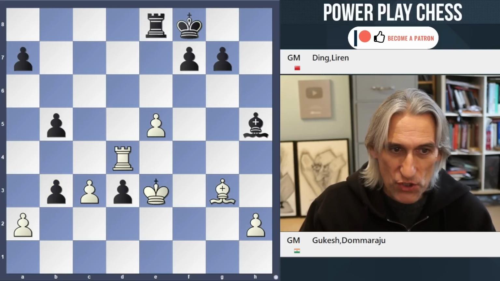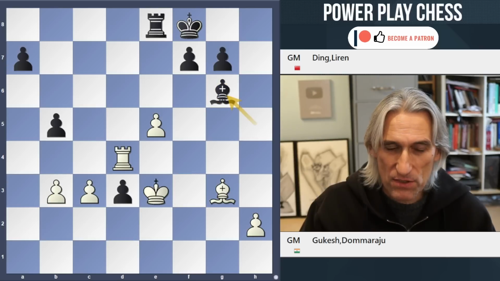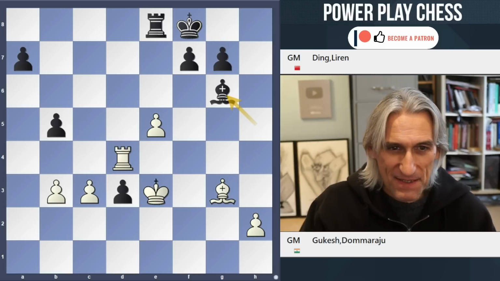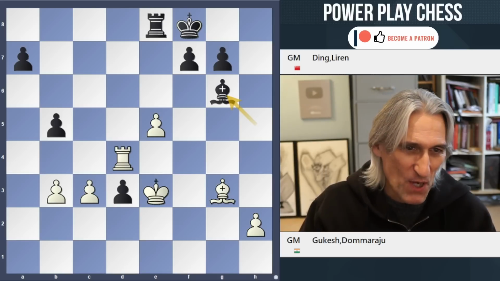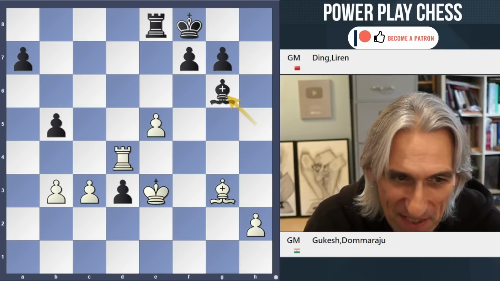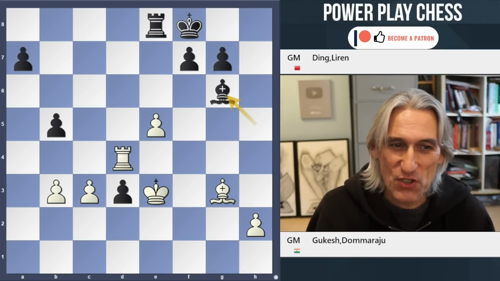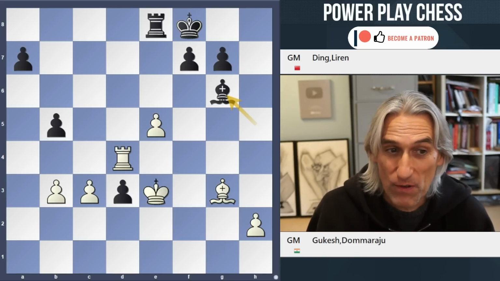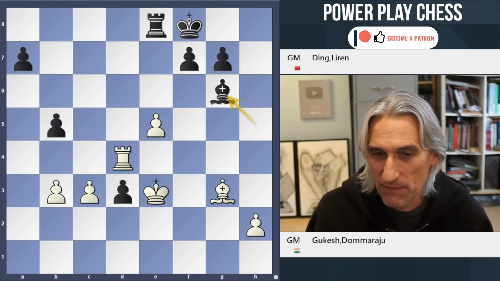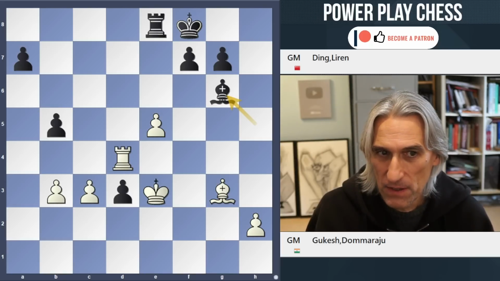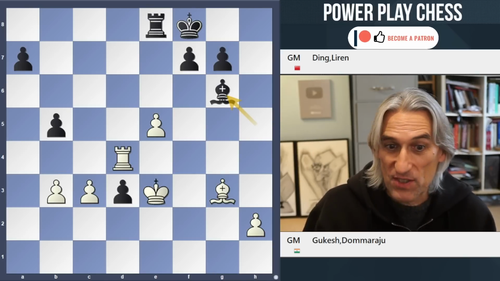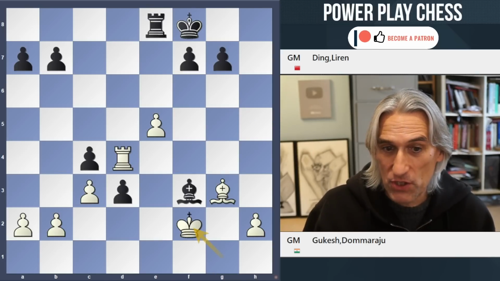Black can exchange and play bishop g6. Of course, black is a pawn up, but if white ever gets the chance to exchange rooks, then it's a dead draw. So it shouldn't be too much difficulty holding that for white. White has sufficient control here. But still, bishop h5 was the last chance.